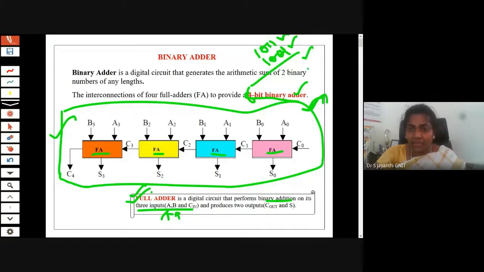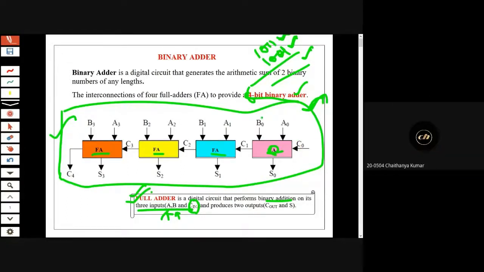The addition result is known as the sum value. I hope you all know this. A and B represent 1 bit from the augend and 1 bit from the addend. What is Cin? Cin means input carry. If you take this full adder, how many inputs are here? 3 inputs. Very good. So 1 from